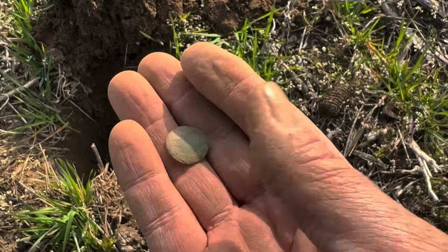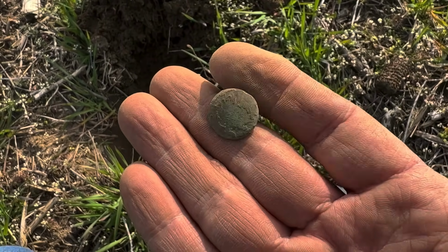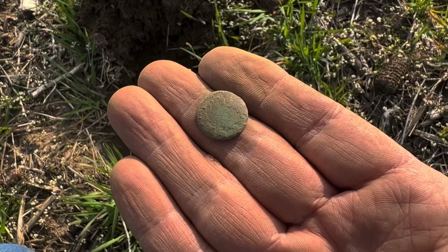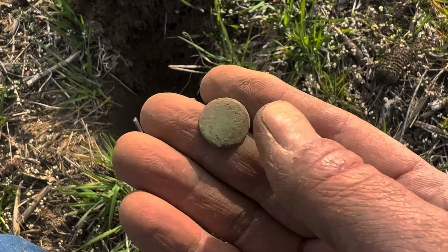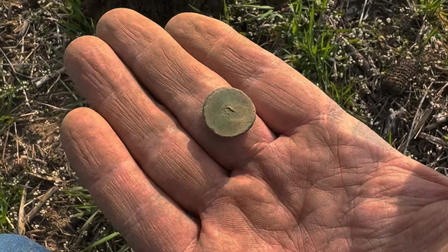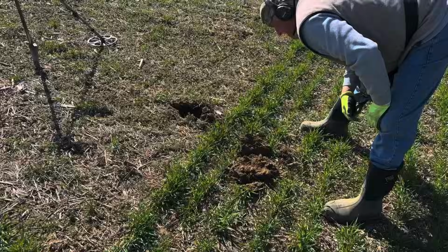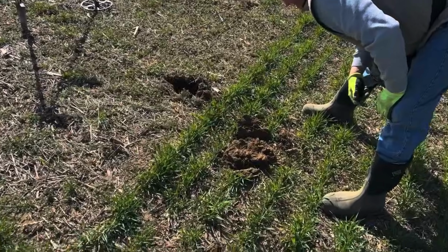Still probably 200 years old, but I'm getting closer to the hot spot where we found all the cobs. We went out exploring to try to look for other sections. Everything else was kind of barren, so we're heading back to the hot spot, and I know I'm on the right path. All right, Dougie's got another find right on the edge of where the wheat hits the non-wheat,